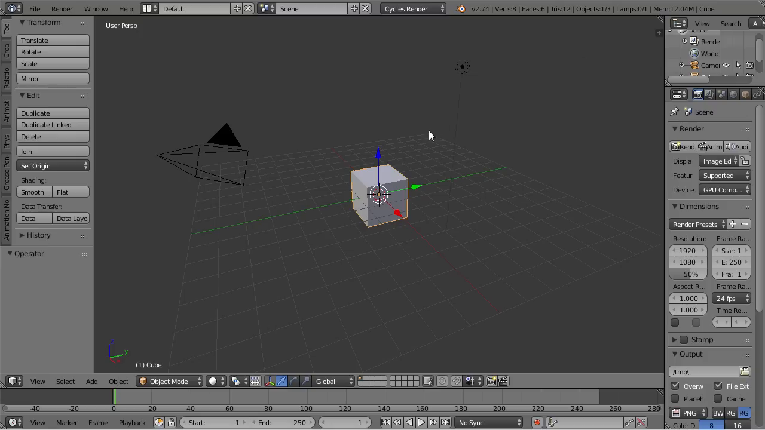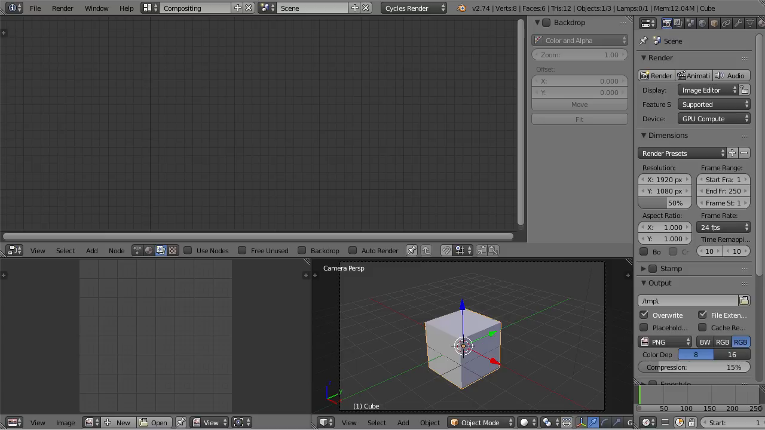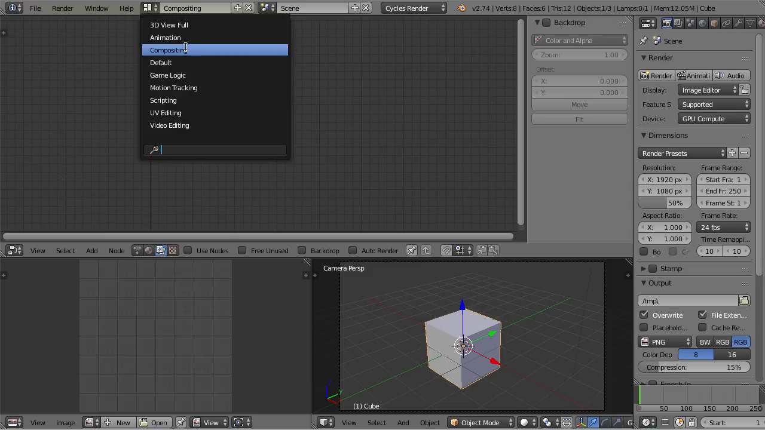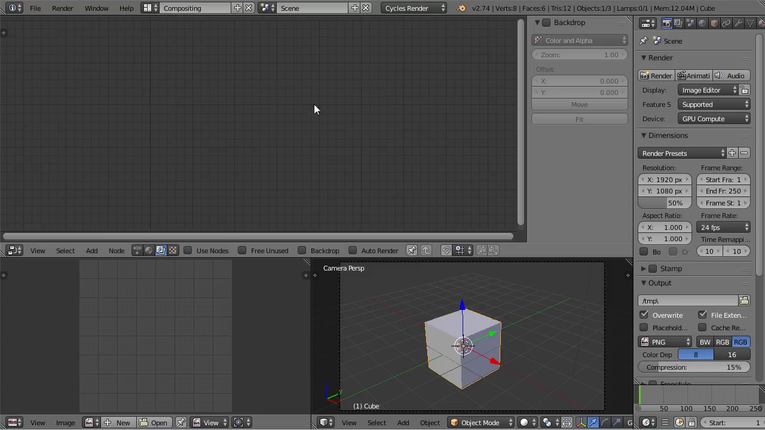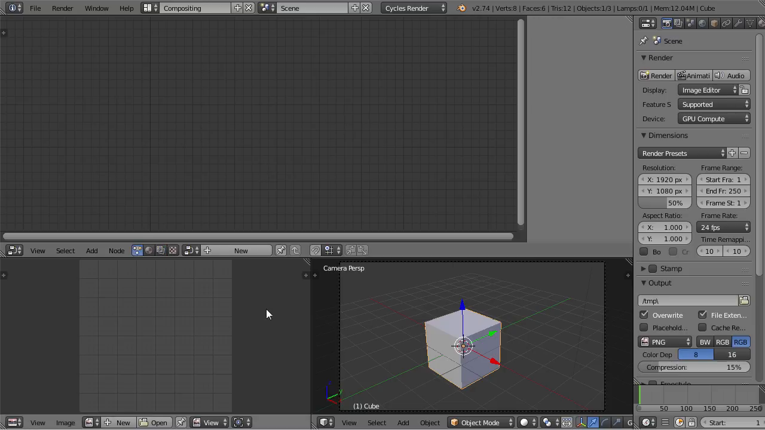Anyways, if I close this, I can press Ctrl and left button, which does the same thing as choosing compositing from here, because we're going one step back from default to compositing. Okay, here we have a node editor. Obviously every node editor will do, but if we have the animation node add-on enabled, then we have access to